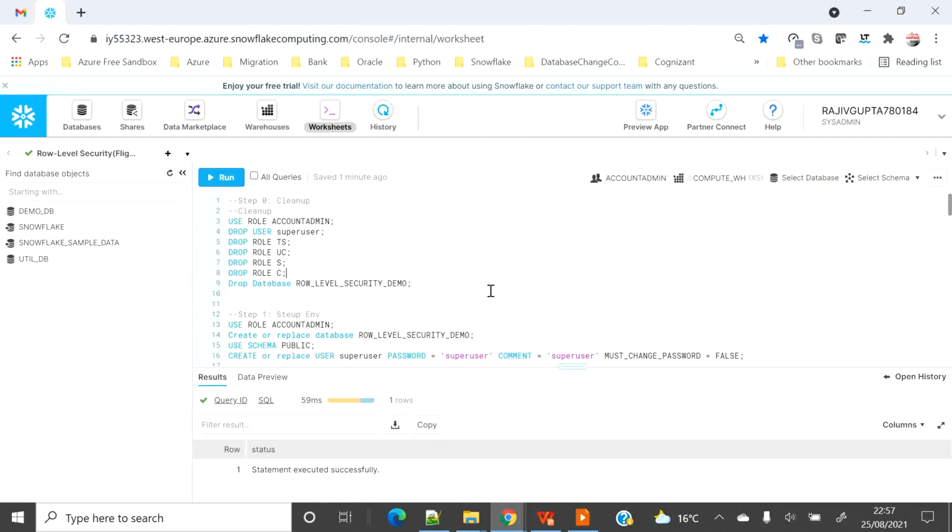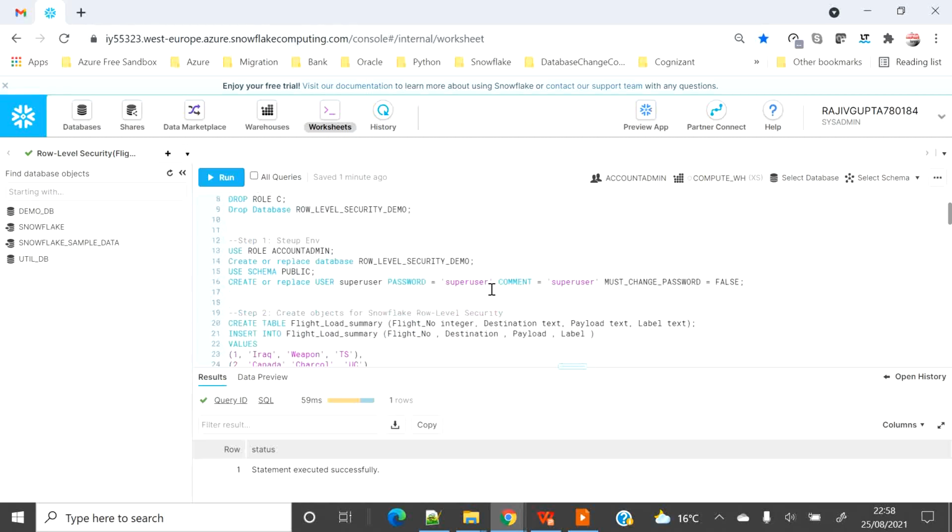For this demo, I have already created all the demo setup. Today I'm going to create a new database called row level security demo, and I'm going to use ACCOUNTADMIN for simplicity.